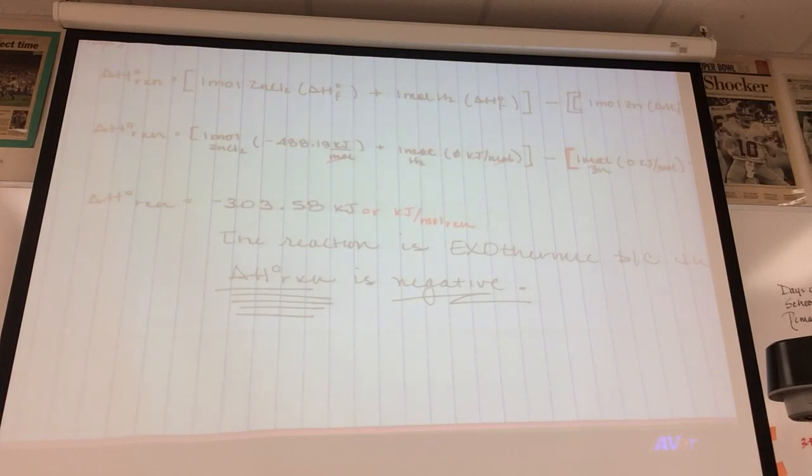Piece of cake, or so it looks. We're going to do another big example together, and then you'll be ready to rock and roll on some of your own examples. Questions here? Products minus reactants, and you'll be fine. All right, in the second example,